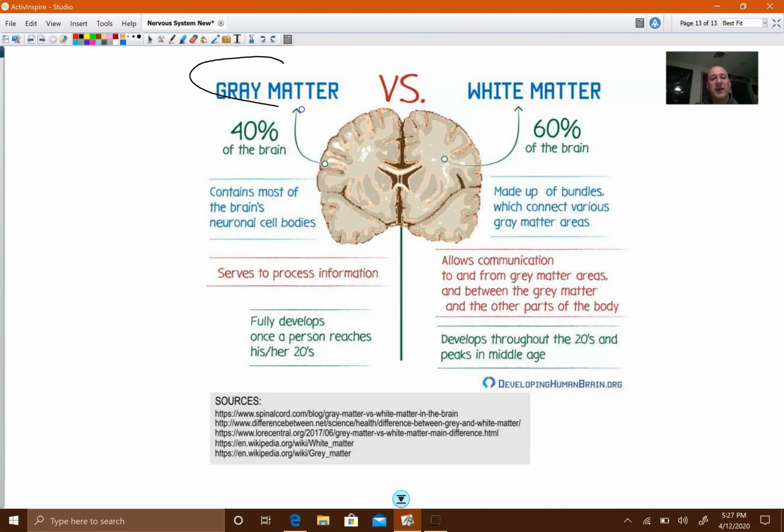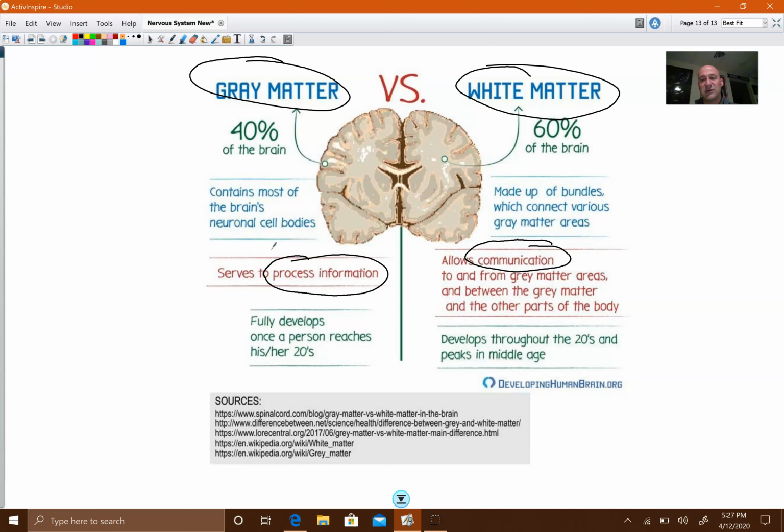When you think of the term gray matter versus white matter, here's a nice little comparison. The white matter is interior to your cells of your brain, and the white matter is composed of a lot of cells that have a lot of myelination on the axons. And so there may be fewer cells in the white matter, but there is a lot more myelination to allow for very fast processing. Gray matter is more on the surface of the brain, and those make up more cells. However, they are less myelinated. And so more communication occurs within the white matter, whereas in the gray matter, it's a lot of processing that occurs and just figuring out what's going on outside the body, for example,